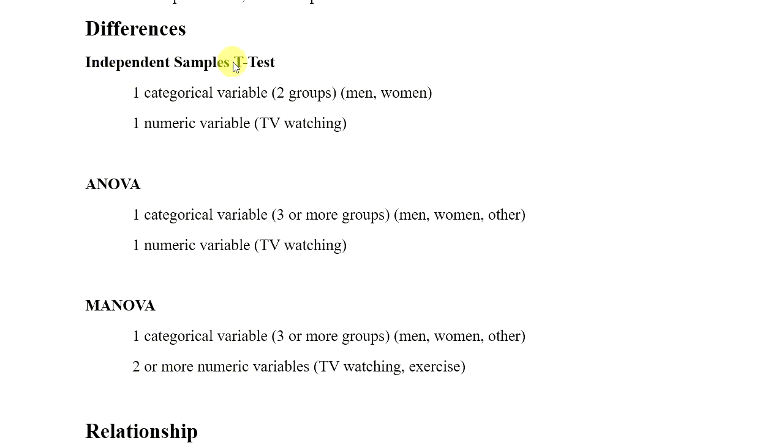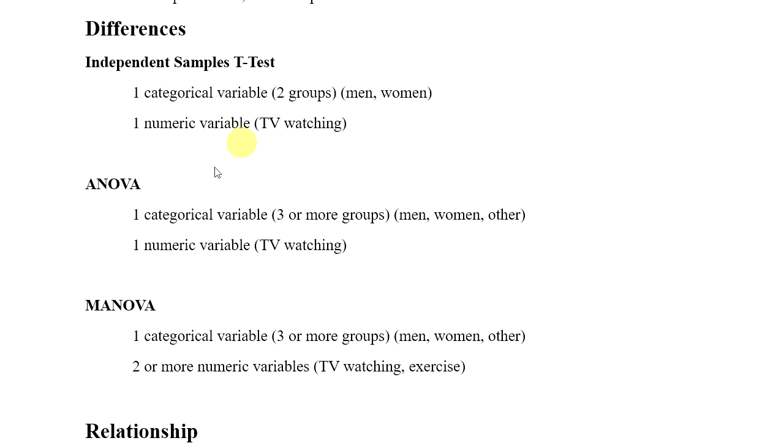So for an independent samples t-test, you do have one categorical variable with two groups, for example men and women, and then you have one numeric variable, for example TV watching, in terms of the number of hours per week someone watches TV. So for this independent samples t-test, you're looking at the difference between men and women and how much TV they watch. So your null hypothesis would be that there is no difference, and your alternative would be that there is